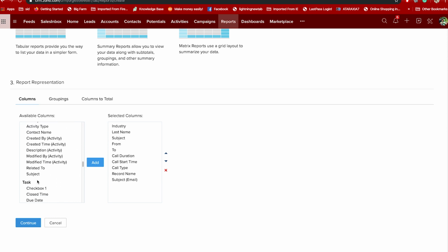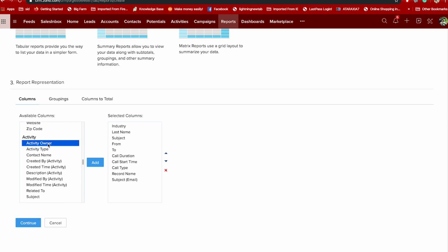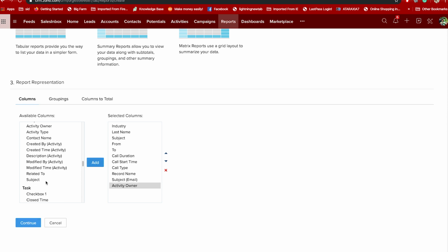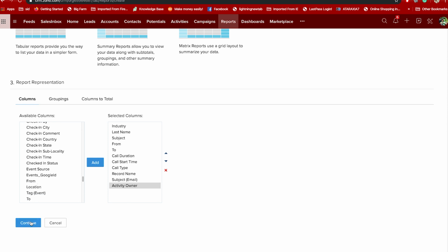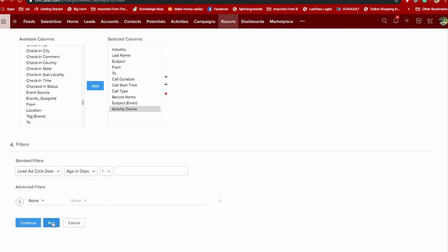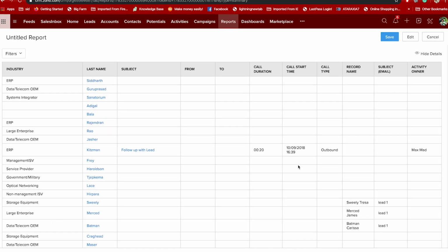You can pick any other field value you'd like to be seen. These are all the values I've got, but this is enough for now. And run your report. This is how it looks.